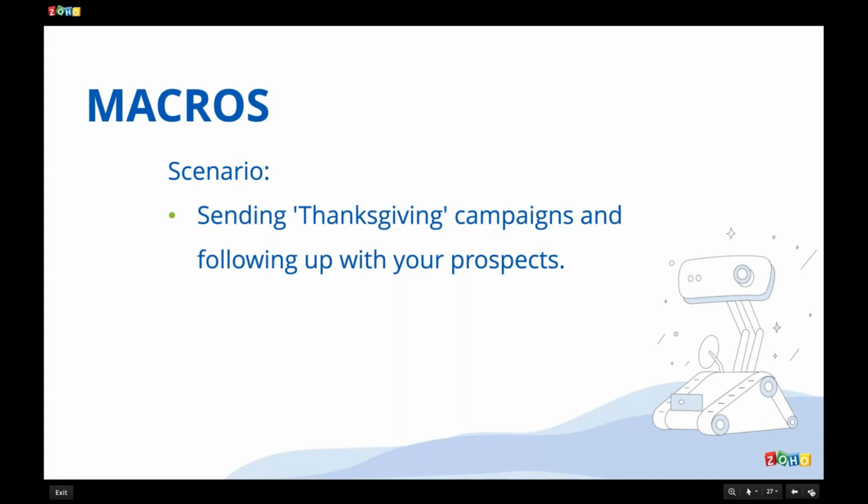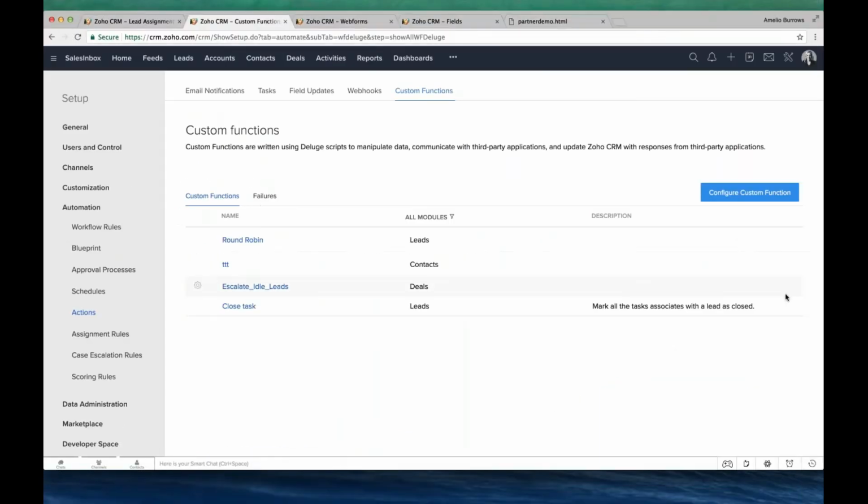Just in case you do not know where to automate. Say for example, the scenario I have taken, Thanksgiving campaign. When Thanksgiving is coming, you can choose a few people and send a campaign saying, hey, Thanksgiving is coming, 20% I can offer for the purchases that you do inside CRM. So that is one way. Anything which can be picked on the fly and an automation can be done from there, macros will be very useful for you. So maybe I'll try to take a demo.